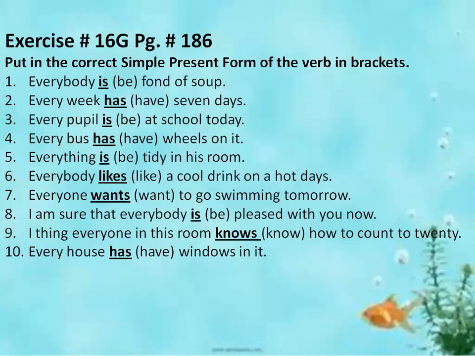Put in the correct simple present form of the verb in brackets. You have got some words in the brackets. You have to select the first form of all these words. These are not the first form. कभी होंगे कभी नहीं भी होंगे. You would be confused. आपको कभी कभी कंफ्यूज करने के लिए फर्स्ट फॉर्म ही गिवन होगी, but you have to write down the first form in the blanks.